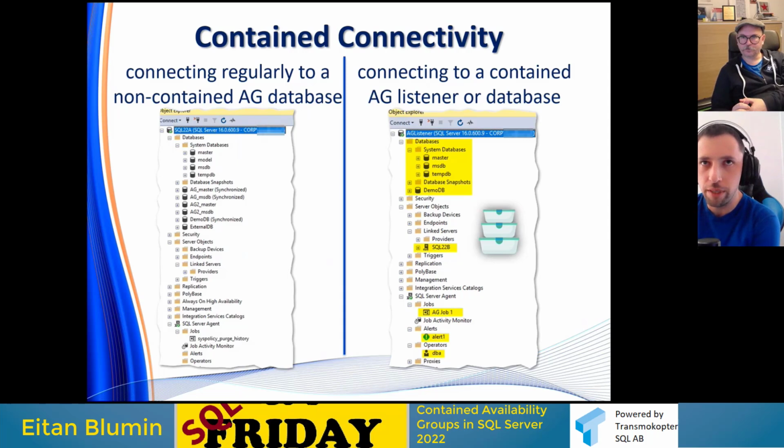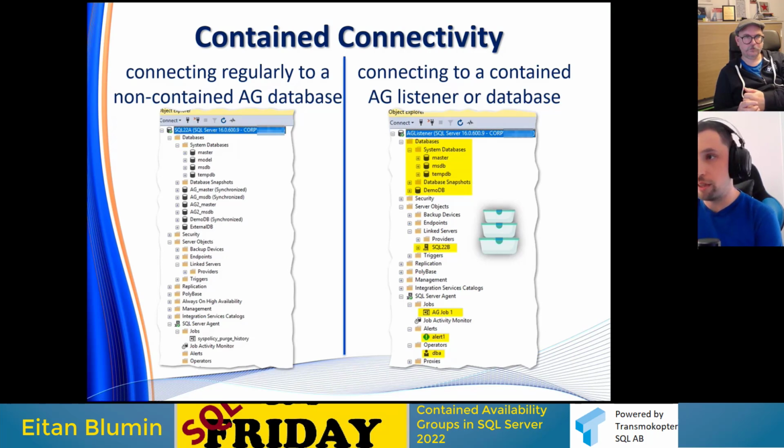You just connect to the regular instance, okay? And you see here the availability group contained system databases. And you see the databases which are synchronized as part of the availability groups, and those that aren't, and you see the server level objects, or you don't see them. But if you connect to the